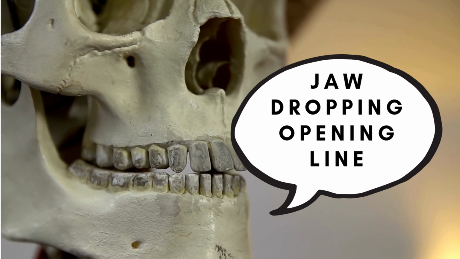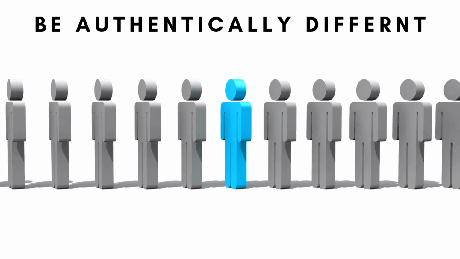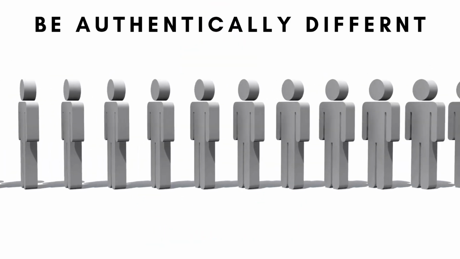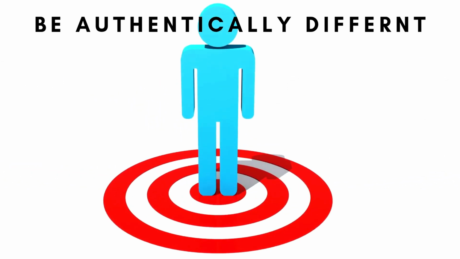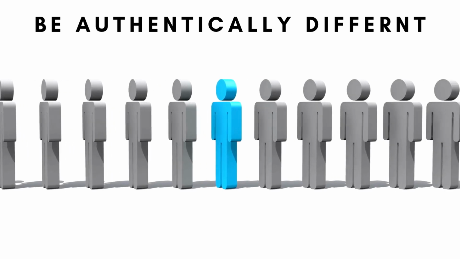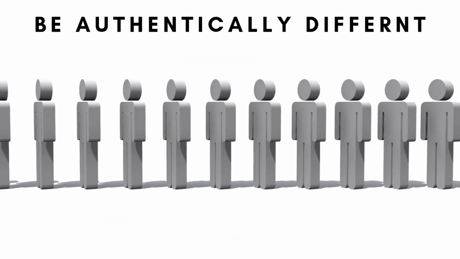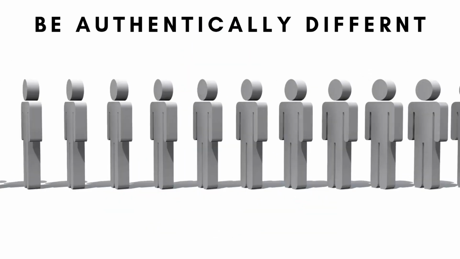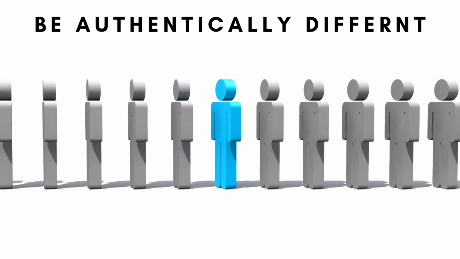Another aspect that you want to consider is this, especially if you're applying to Ivy League and Patriot League schools or other elite schools. Everyone on paper is pretty much the same, right? Otherwise, they wouldn't be applying to that school. And here's what I mean by that. You guys have similar numbers in terms of your GPAs, your ACTs, your SAT scores, similar extracurricular activities, similar resumes. So it comes down to your writing samples, the personal statement, and the supplements, and you really need to be authentically different. You need to stand out. It's a competition. So outwork, outpace, outsmart your competition.